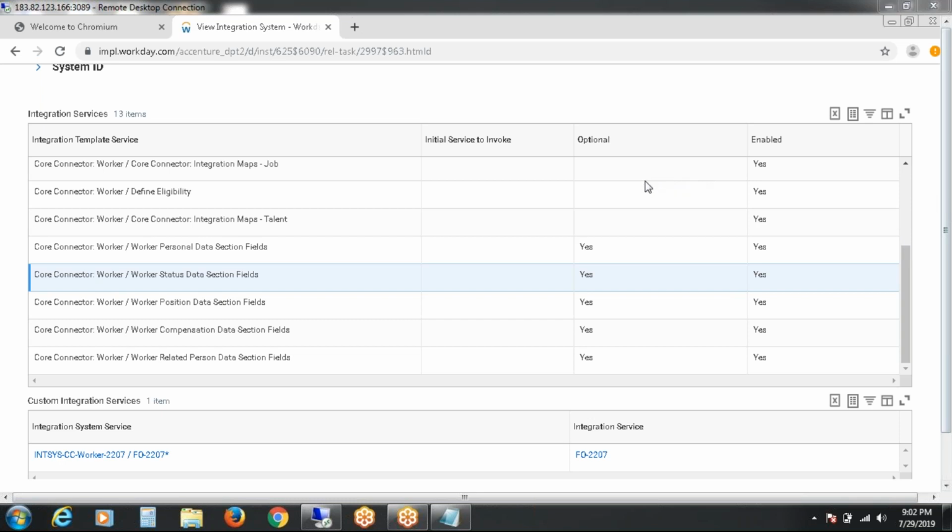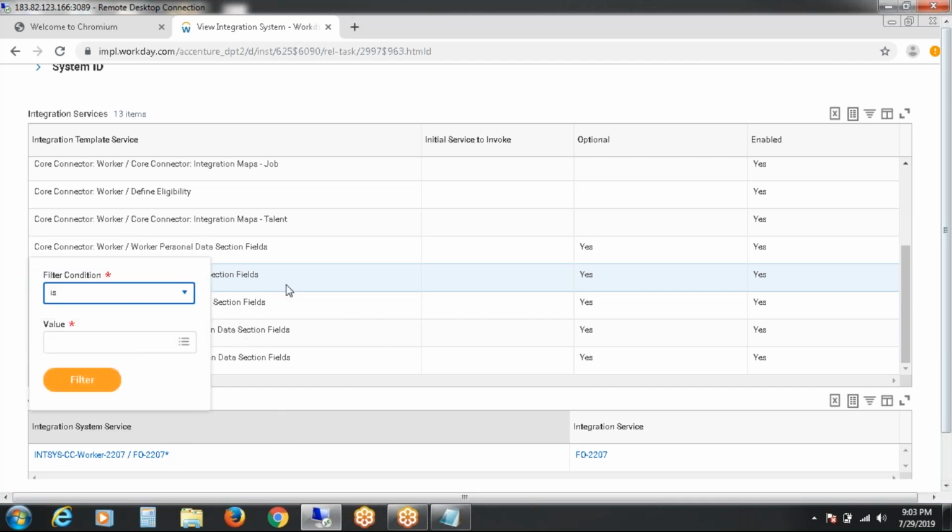Fine. Anyways, now we have configured 13 integration services plus one custom integration service. In this custom integration service, there are two field overrides that I have called, which are test field 1 and test field 2. In those test fields, I need to call the fields that I have outside of the integration service. So I'm going to call some two calculated fields. What is that process? This is an optional process for you guys. If you have a requirement to call calculated fields, you have to call them, or else you can ignore it. If you find all the fields here itself, then it's fine.